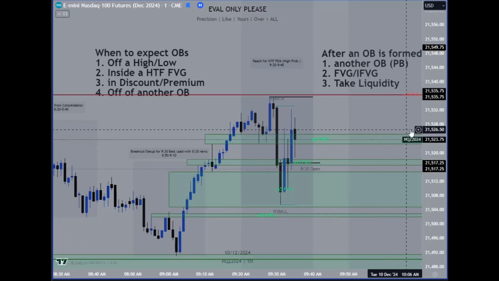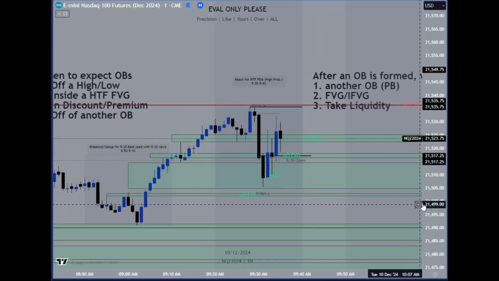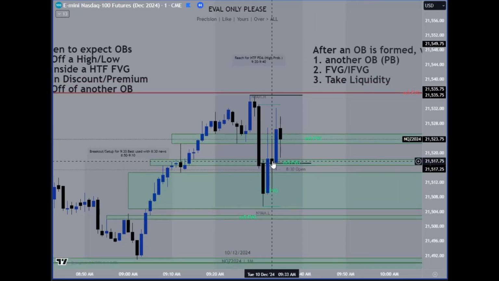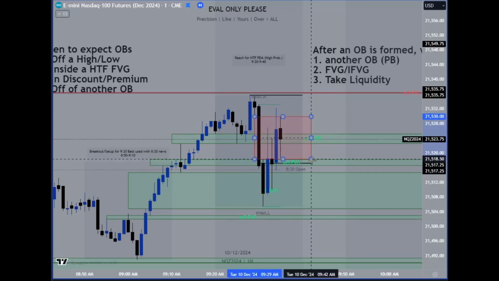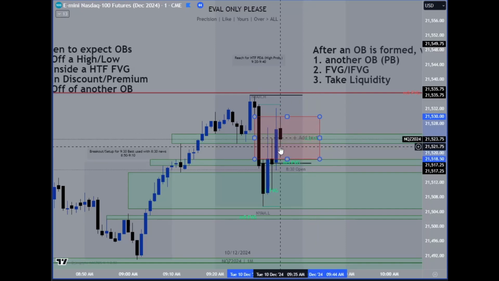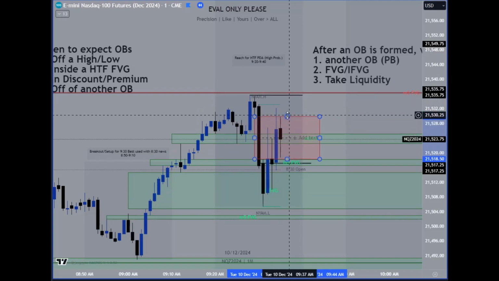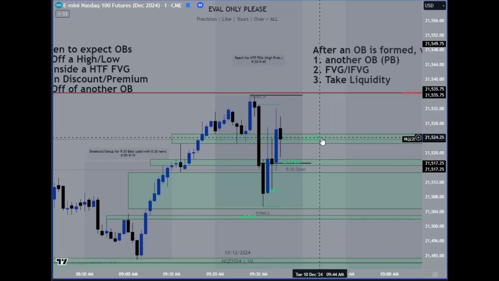These are the three things that happen after an order block is formed. So in this case, we get the order block, we create another order block, we have a bearish fair value gap here, which could potentially get inversed. And then if we were to displace through this inverse, we would then get a fair value gap. So essentially an order block's job